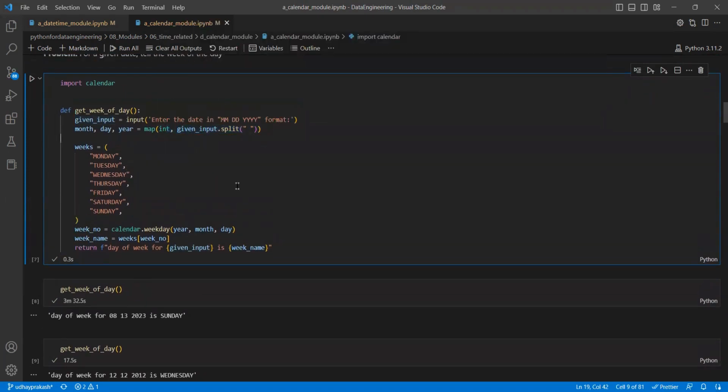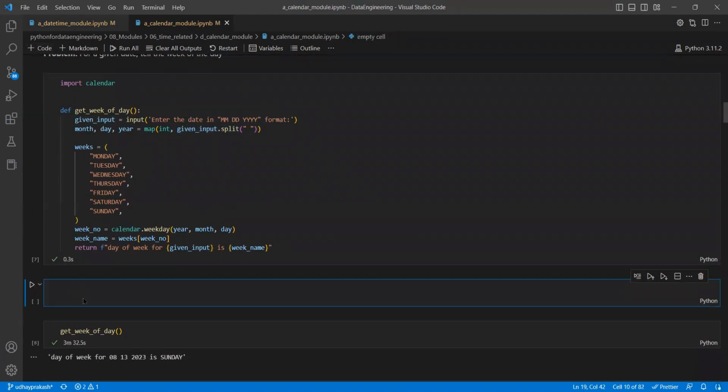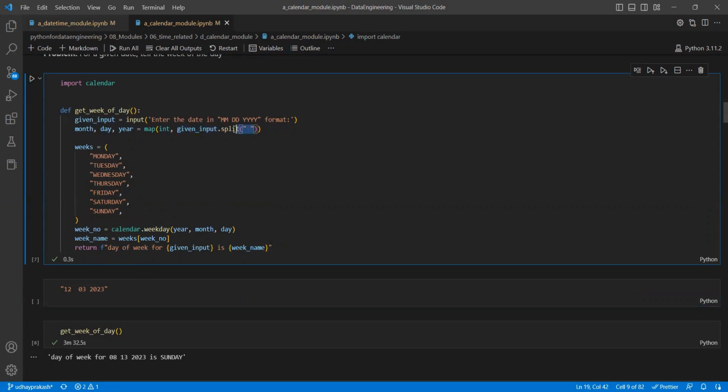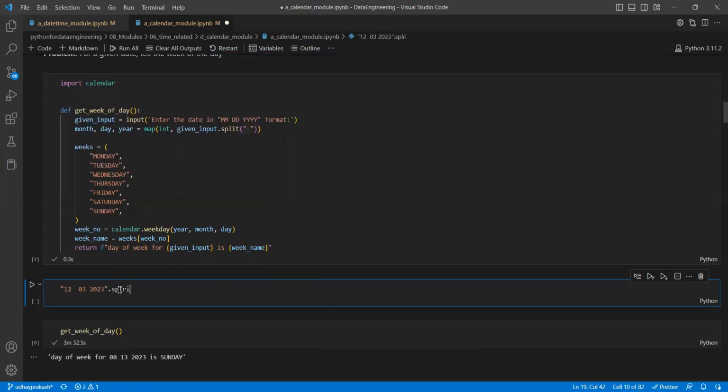Yes. We are giving a string and it is processing it. If you see now, what is it that we are doing? We are giving a string like month 12, date 03, and the year 2023 something. If I give these 3 things, it will go here, input string. Then what does split do? Split will divide it into 3 parts, right? So if I split by white space,